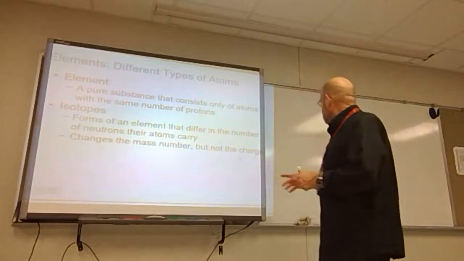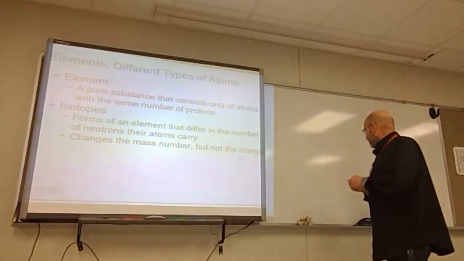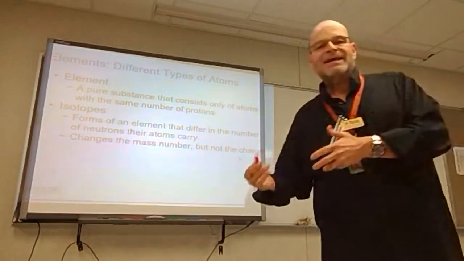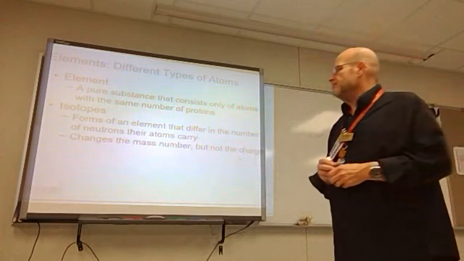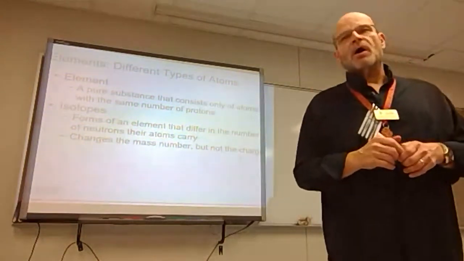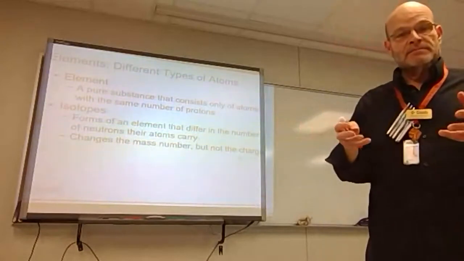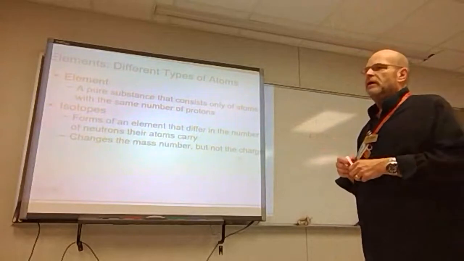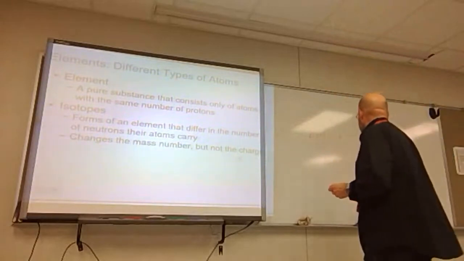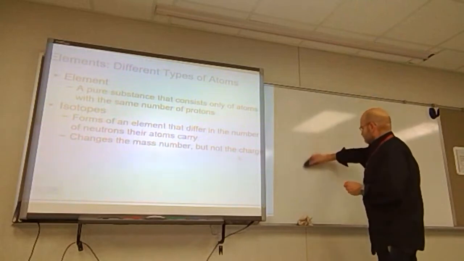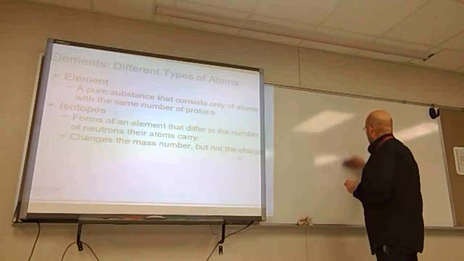Now, when it comes to neutron number here, all atoms of a particular element may not necessarily have the same number of neutrons. There are things called isotopes. Isotopes are elements or atoms of elements that have differing numbers of neutrons. That's why when you look at the periodic table and you look up oxygen,